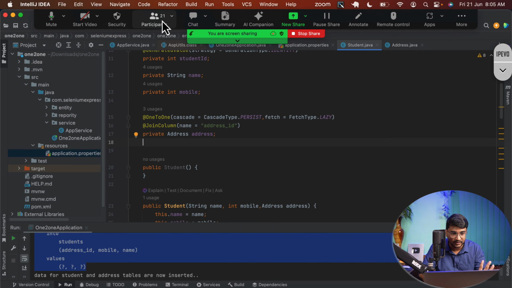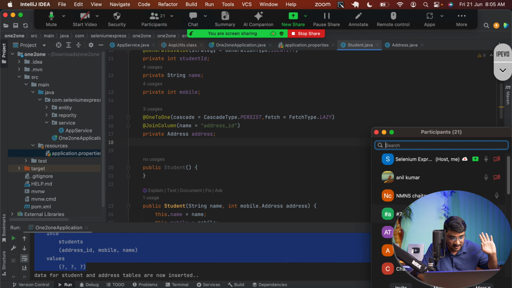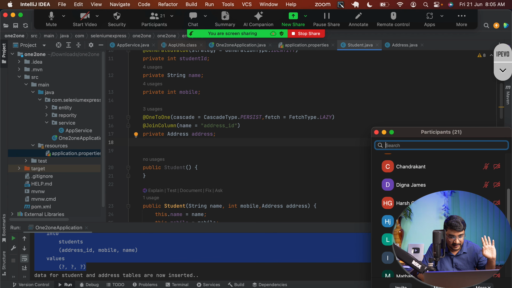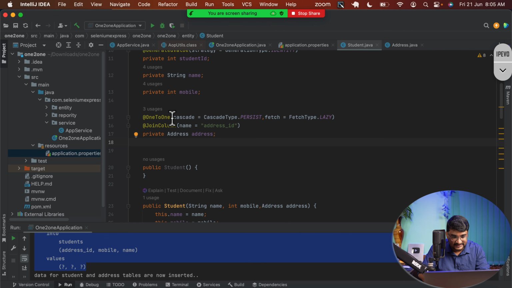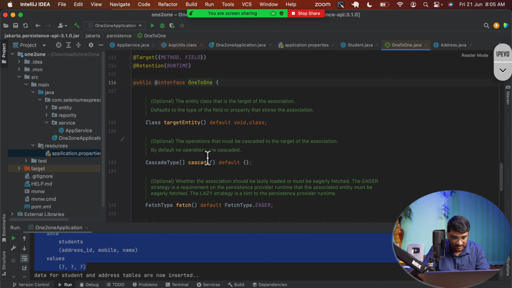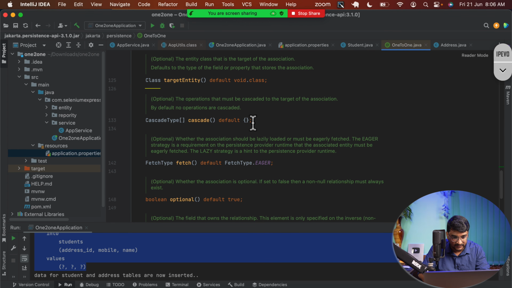Guys, this thing is clear. Can I go to the next thing? Abhilash, one more doubt. Actually, in cascade type by default, it's all or something. I think cascade type default is none. I think there is something called none. Okay, there is no default, I think. Okay. So if I go back,